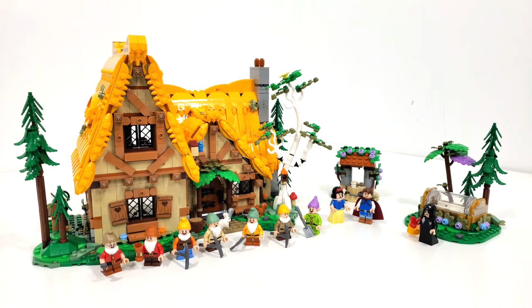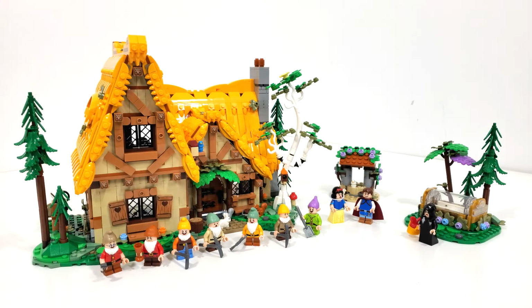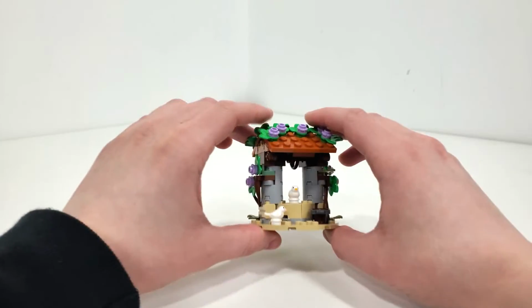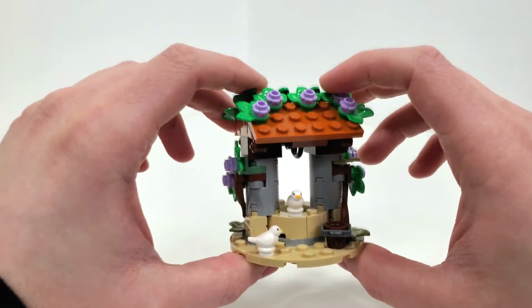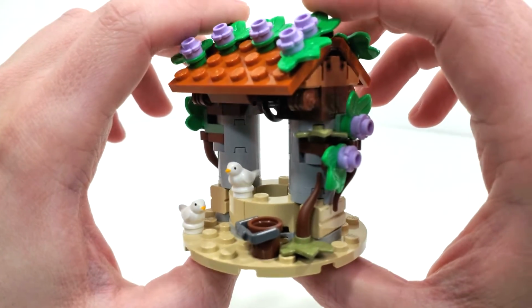But all of that aside, I truly am happy to have this set in my collection. They just did such a wonderful job, and we're gonna get into why right now. The film opens with Snow White singing her first song by this well, which the attention to detail is just